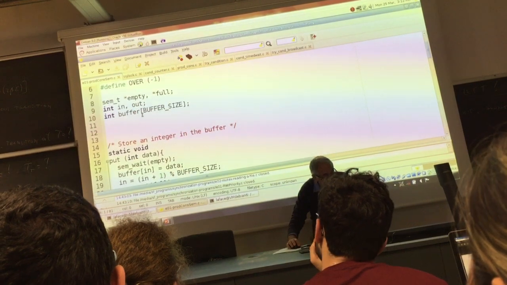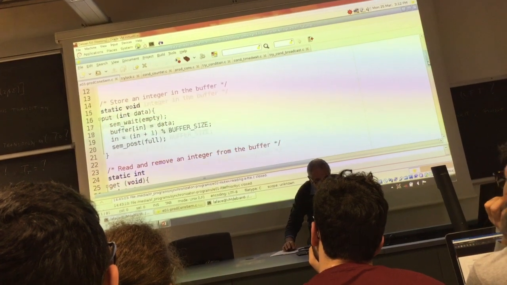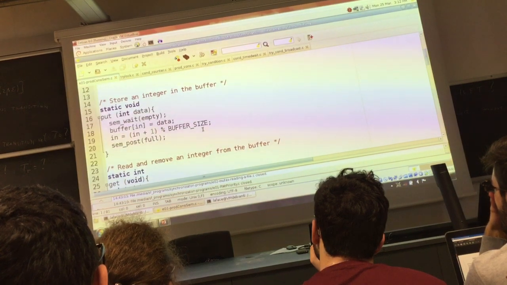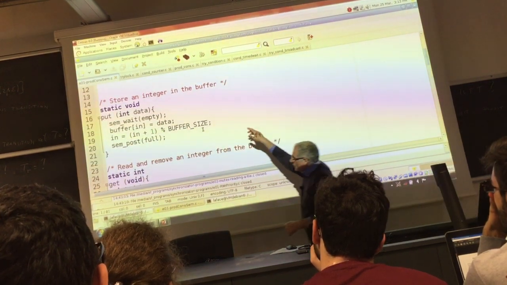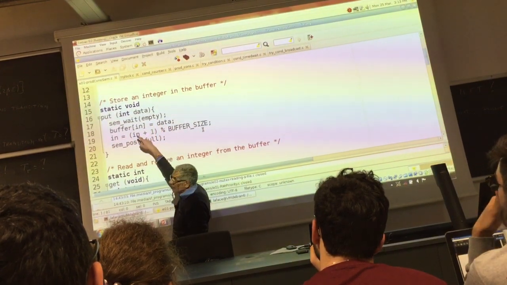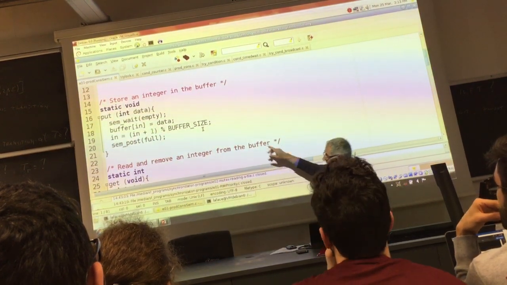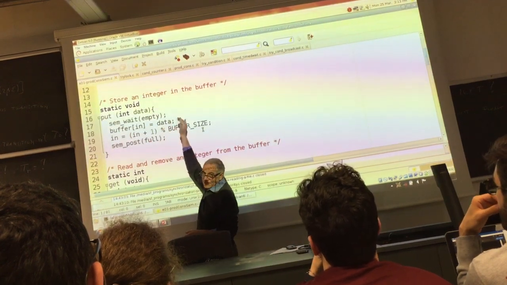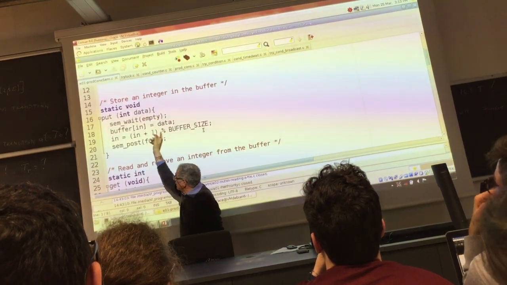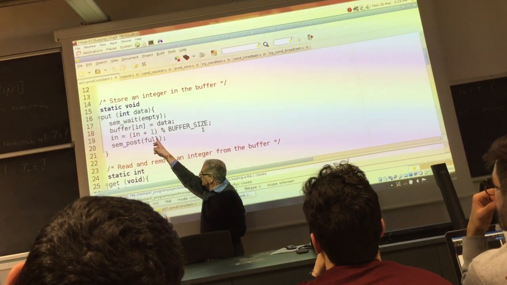So you have in and out that are global variables, and the producer uses this put function that does the semaphore wait on the semaphore empty, initialized to the dimension of the buffer, so that we can pass this wait 16 times in our case. Then we put the data where the in index says in the buffer, and increment the in